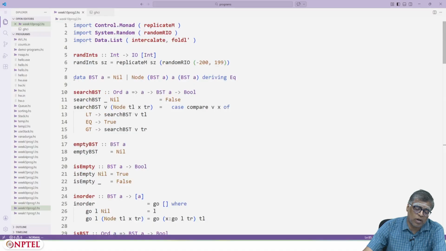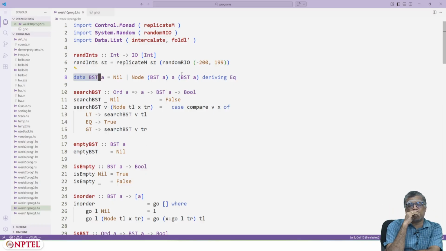Right, I have BST a is nil or node, BST a, a, BST a, deriving Eq. Earlier I didn't have access to Eq, etc., because B tree of a is just any tree. I can always put any collection of elements in some tree format.